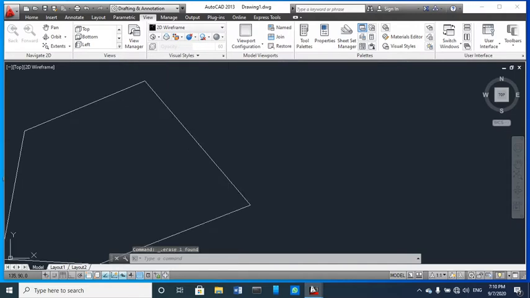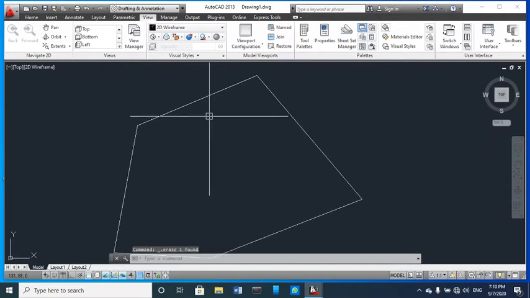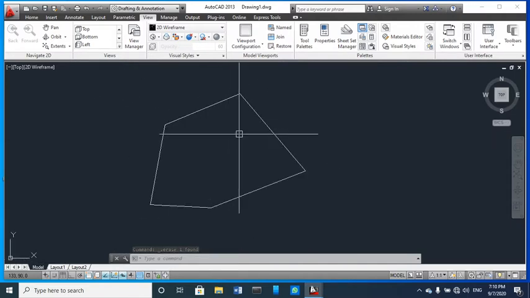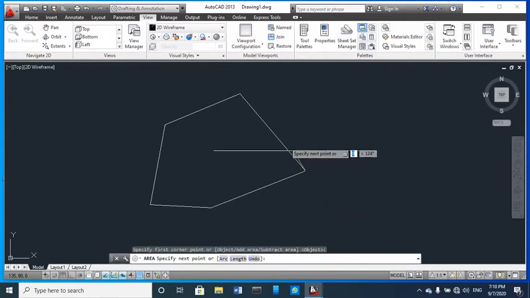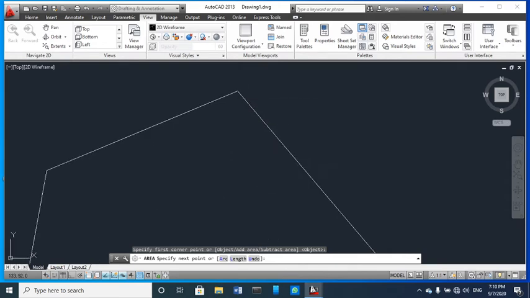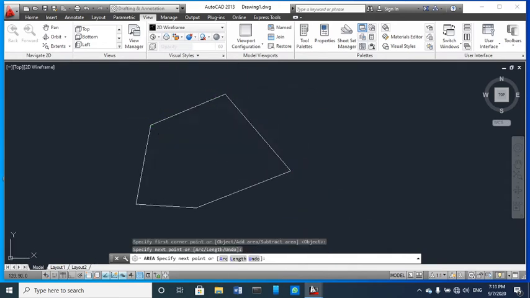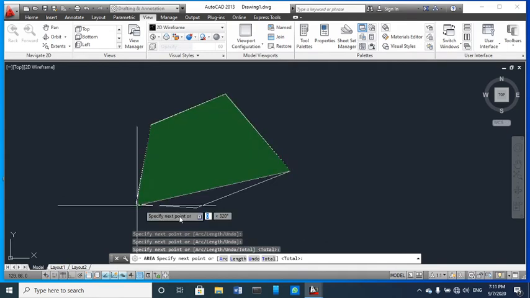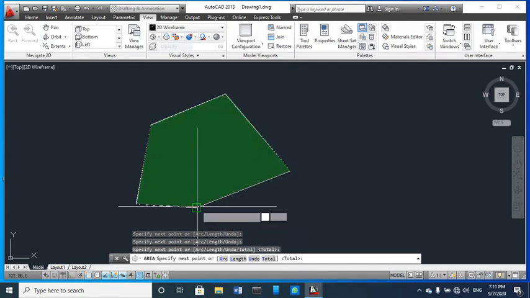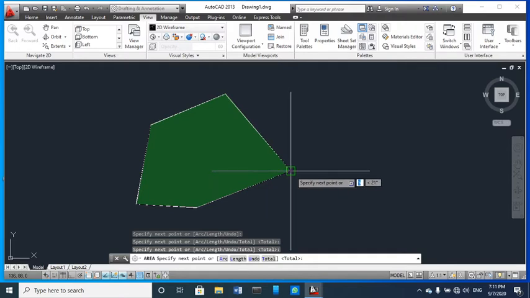So you can see this area, and I'm going to type area. So select one point, another point, and next one, and next one again, and this one, and then it closes.